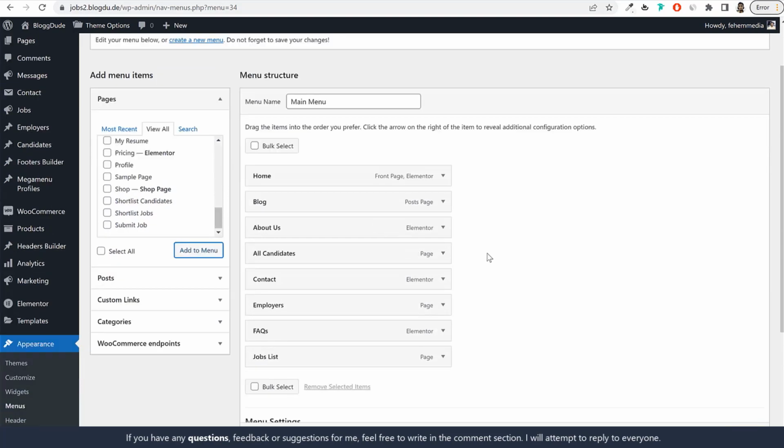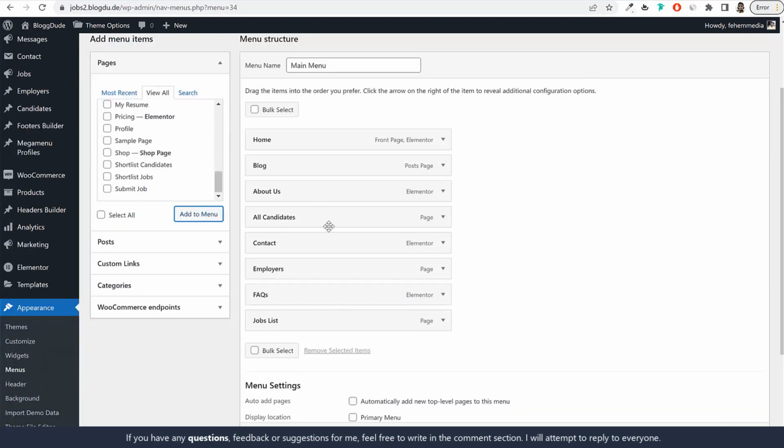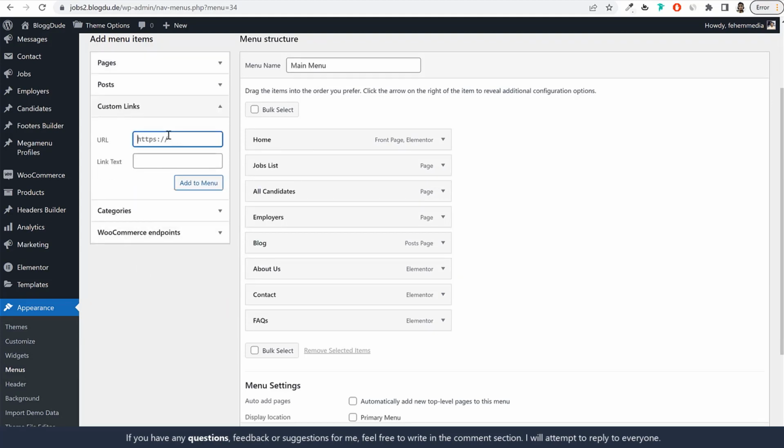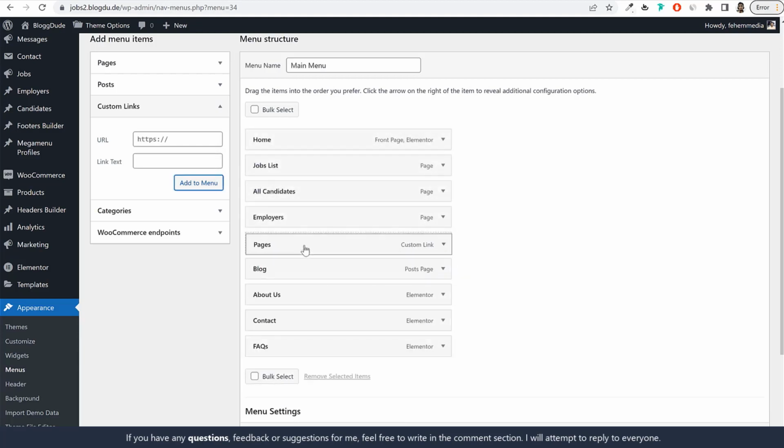Click on Add to Menu. Now I want to do one thing. First let me bring this over here: all the candidates, all the employers, and most importantly all the jobs. Now for all the other pages, I want to create a custom link, and this will be a dummy link, so once you click on that link, nothing happens. Under link text, I'll type in Pages. Now click on Add to Menu, bring it over here, and all these pages I'll bring under this Pages